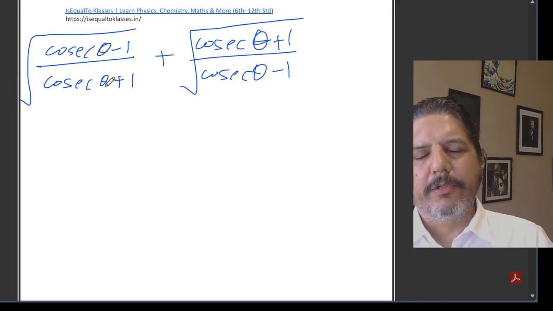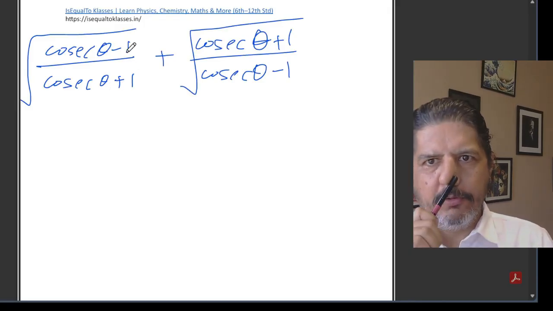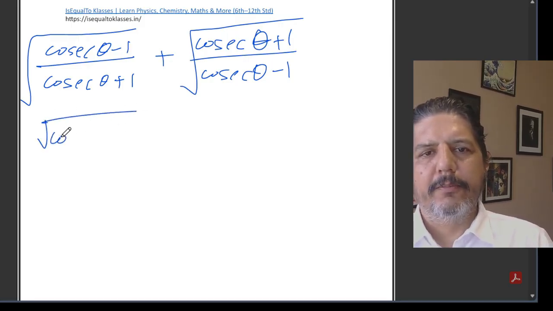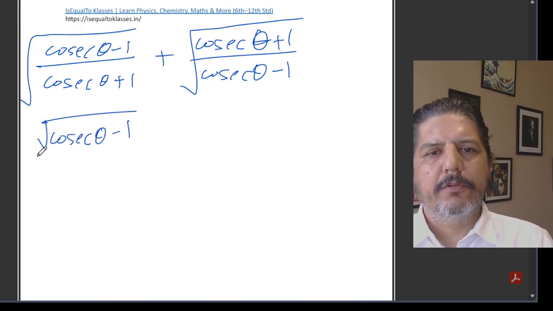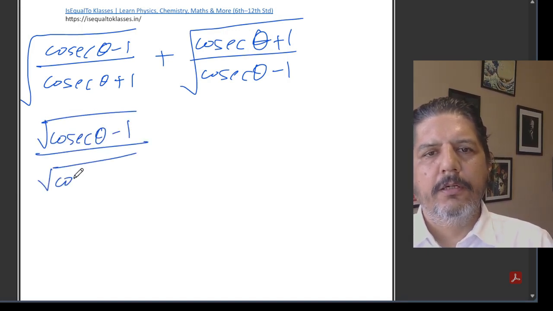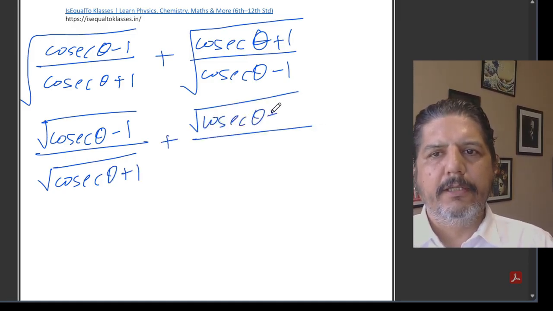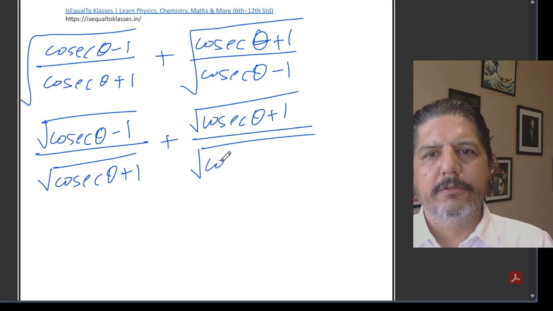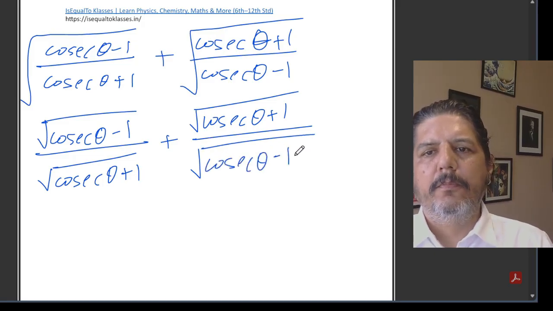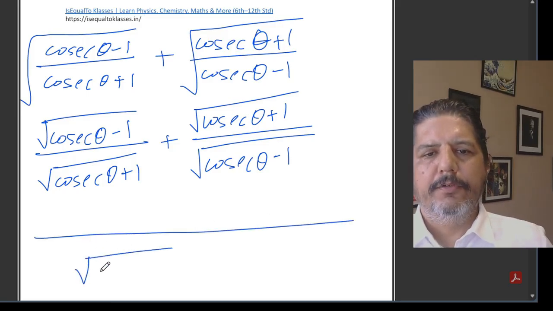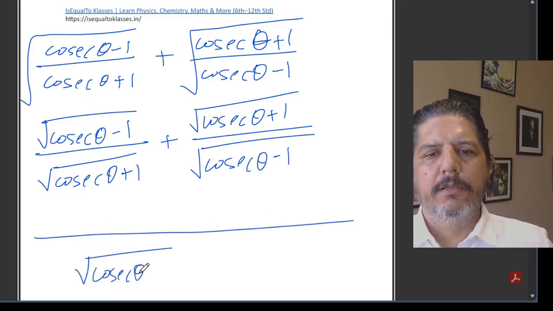So square root of cosec theta minus 1 upon cosec theta plus 1, plus square root of cosec theta plus 1 upon cosec theta minus 1. So first, just to simplify the matters, you can skip this step if you want, I am breaking the numerator and the denominator into 2 parts. Once I have done this, I'll take the LCM. LCM is root of cosec theta plus 1 divided by